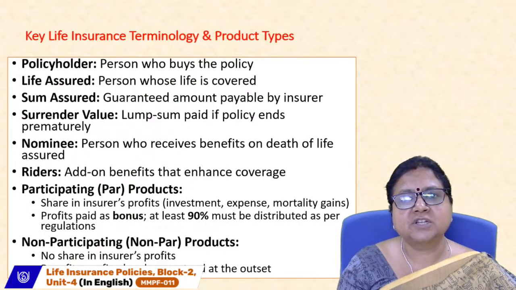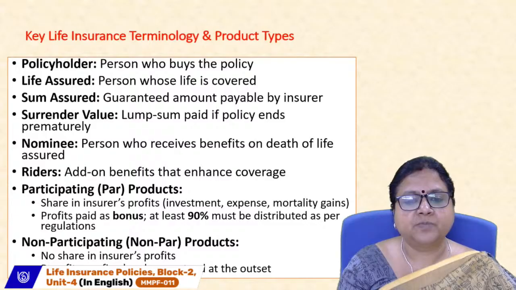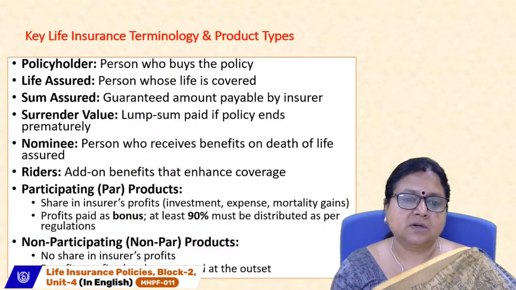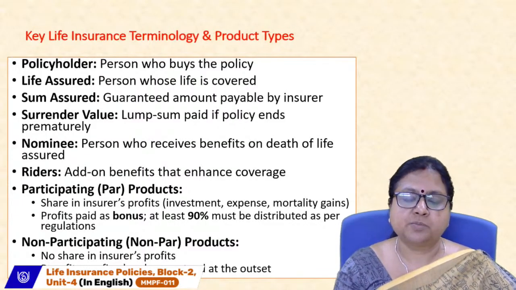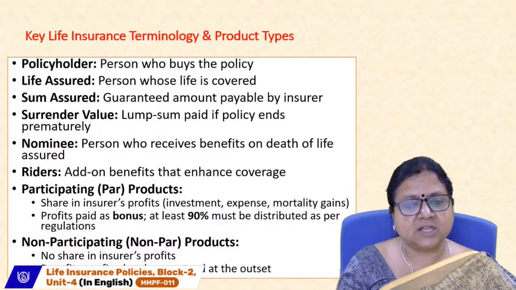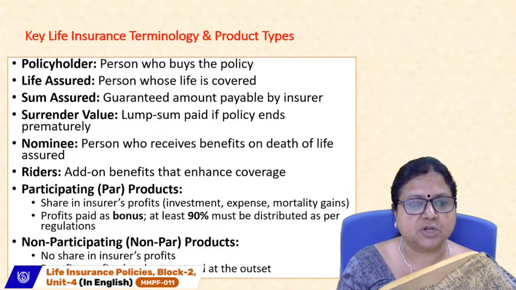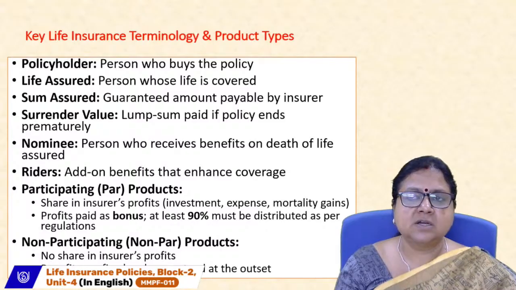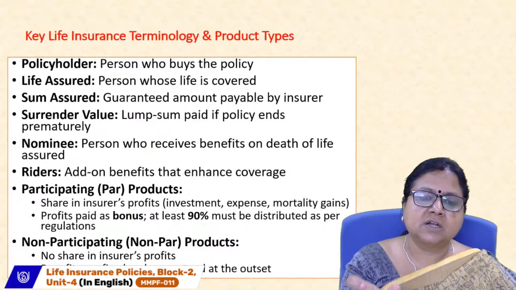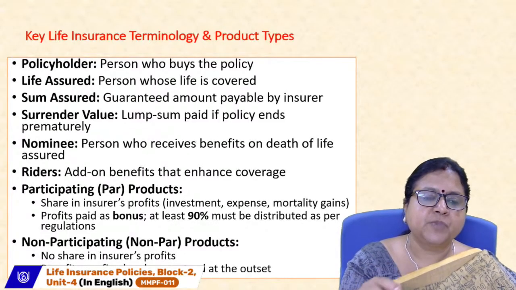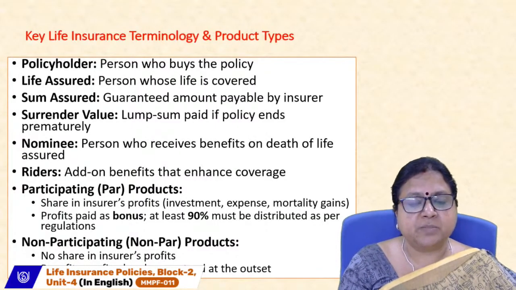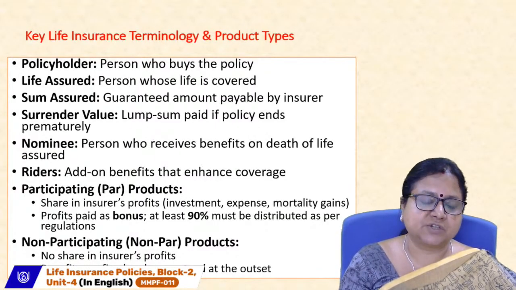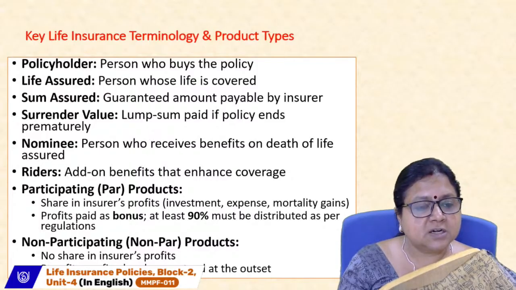Suppose a person has a death in an accident, then he will have a certain amount of bonus. Suppose a person has a normal death, then he'll get his sum assured. So riders are certain conditions which may add extra benefit or extra insurance coverage. Another term is known as